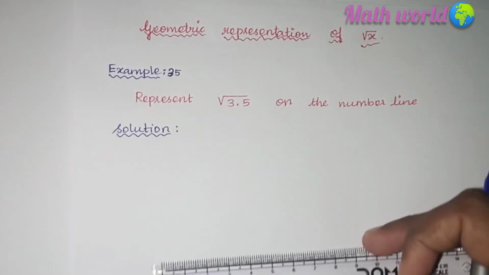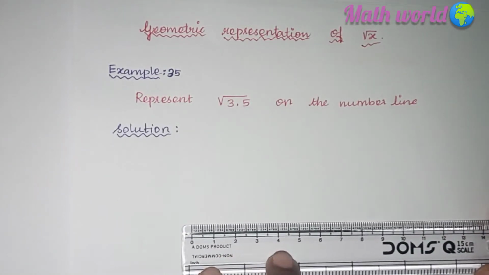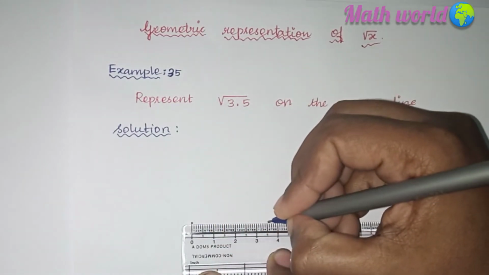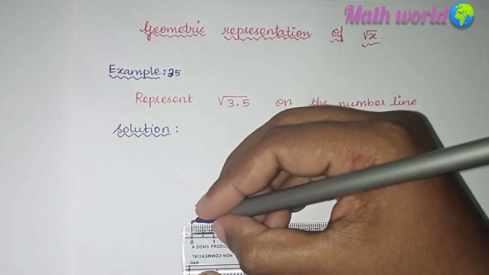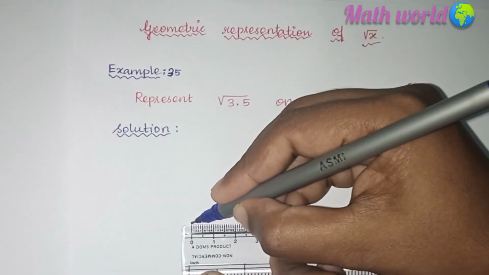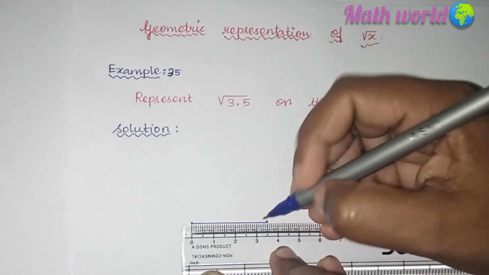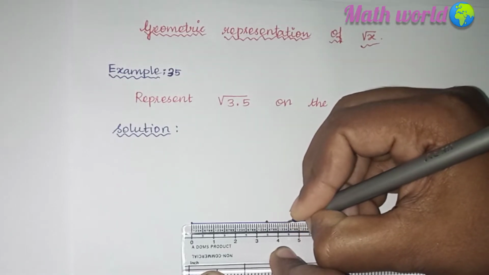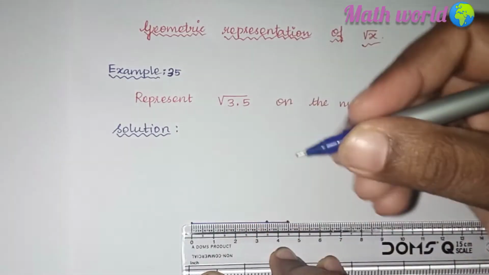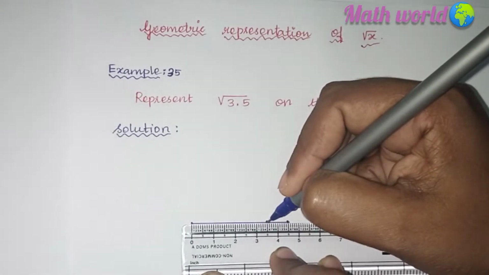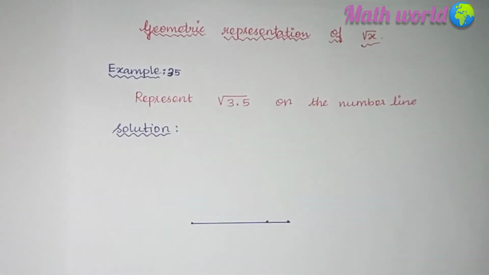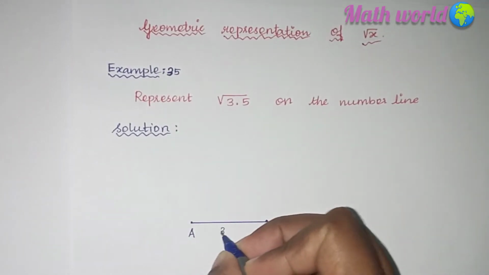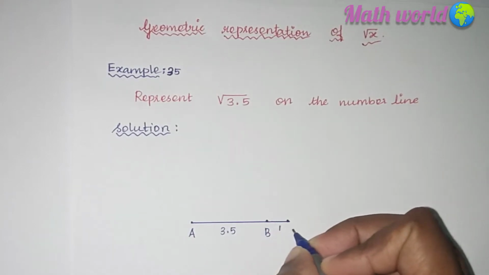So we can take a ruler and mark 3.5. From 0 to 3.5 centimeter I have taken. First I draw a line. Without using the ruler, I just take one more centimeter, till 4.5. I can mark 3 points: from 0 to 3.5, then 3.5 to 4.5. Now we take this point as A, this point as B, this is 3.5, this is 1,